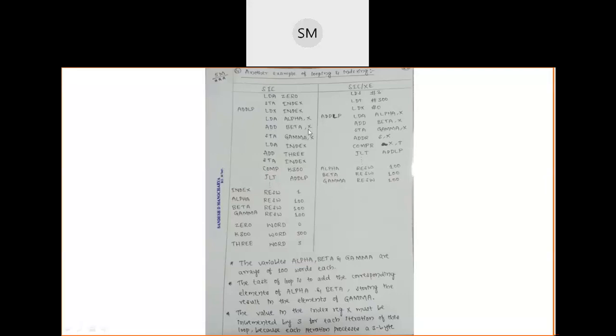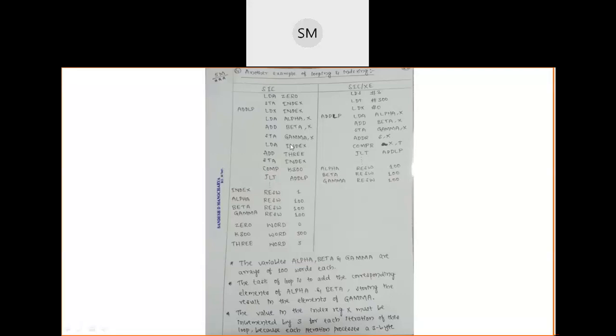What am I going to add? I am going to take index 0 of beta, and whatever value is present there, I am going to add to this alpha. Then I store that sum into the array gamma, particularly where? At the X index, that is index 0, right?